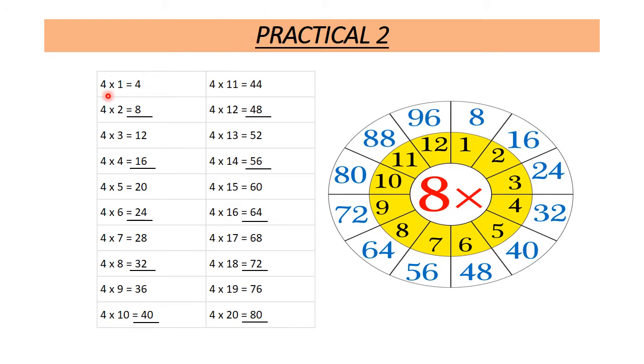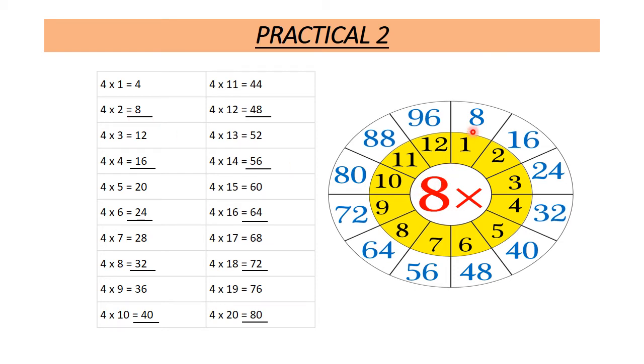We all know that 4 1s are 4, so this we will skip. Now we also know that 8 1s are 8. So where do you see 8? In 4's table. I have written 4's table till 20 times. So first you will write 4's table till 20 times, and then you will see where you are getting 8, because we need 8 1s are 8 here. Can you observe one pattern? I told you double of the first factor. What is the double of 4? It is 8. And half of the second factor, which is 2. So half of 2 is 1. So 8 multiplied by 1 will be 8.